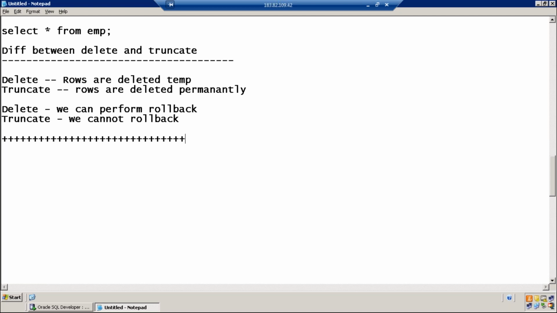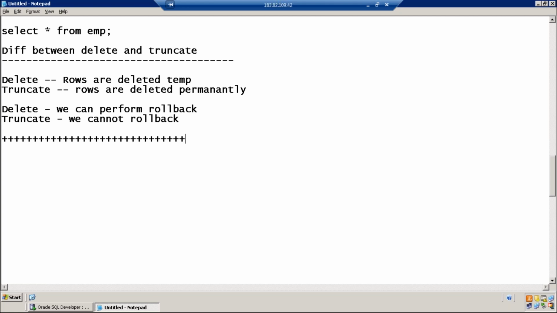So when we use the delete function, where will those records be lying? I mean, it will be there somewhere in the buffer or somewhere. Exactly, there will be some memory buffer in the Oracle architecture, so that uncommitted transactions will be there in the buffer of the architecture. Okay, if you want, you can roll back.